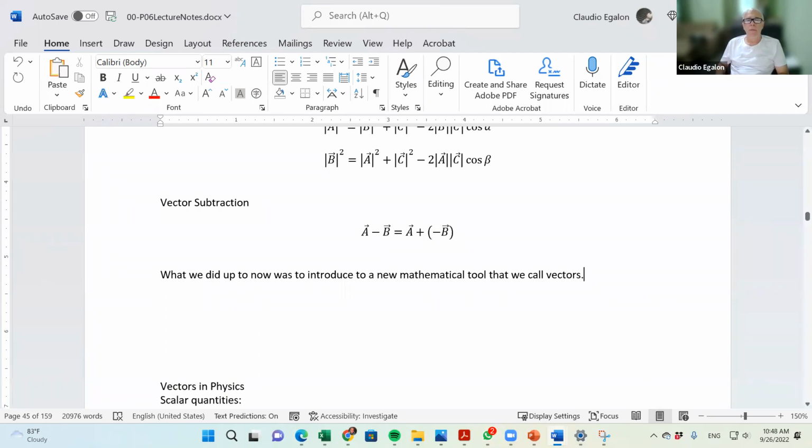A number is a mathematical tool, a vector is a mathematical tool. Okay. Now, what are we going to do now? Now we will apply this